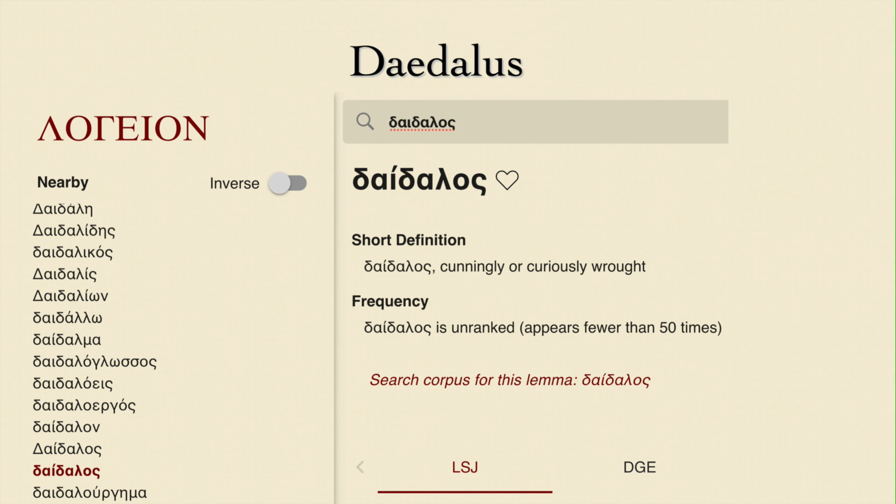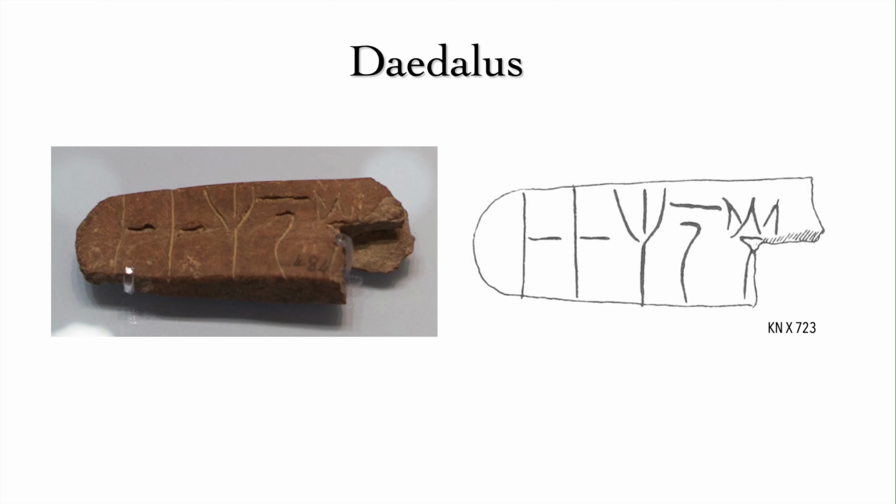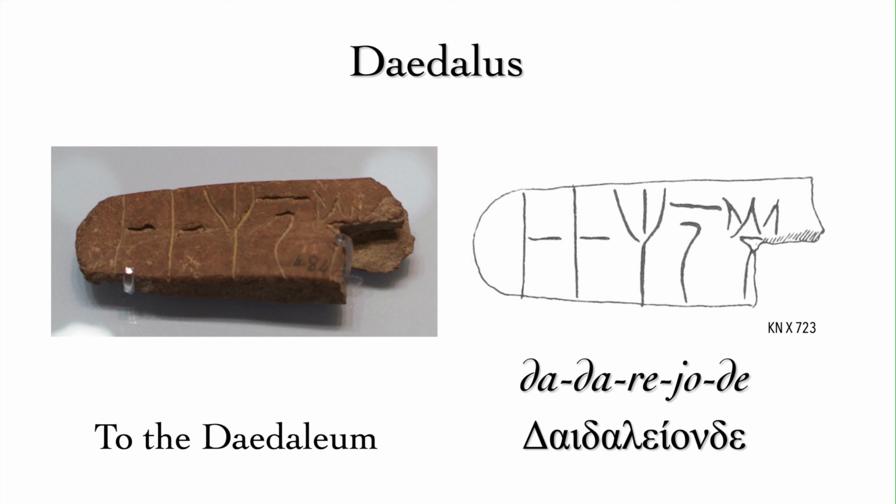The fact that Daedalus must have been a special person in Crete can be inferred from this broken tablet. The text reads da-re-yo-de, which means to the Daedalian. This probably indicates a sanctuary. Was Daedalus someone with a godlike status, or is this a holy place named after a very skillful architect? We will never know, but it may very well be that there once was a famous person called Daedalus,